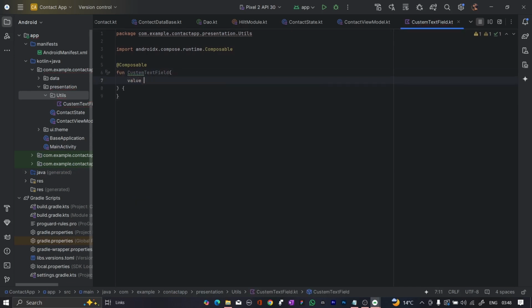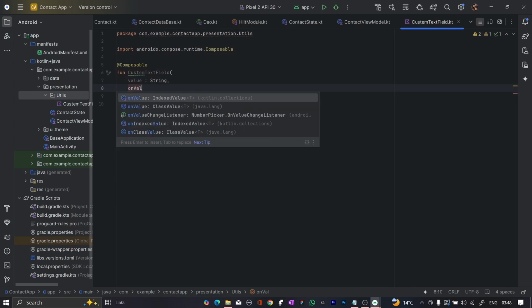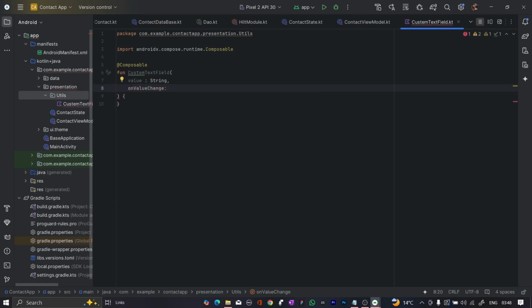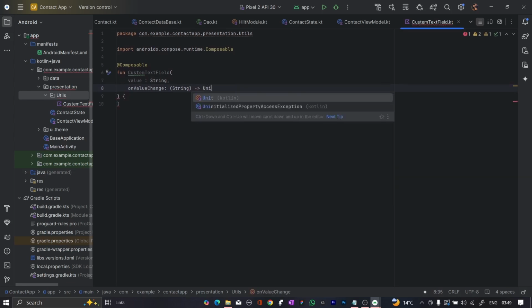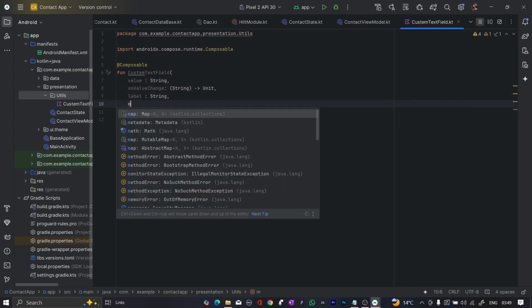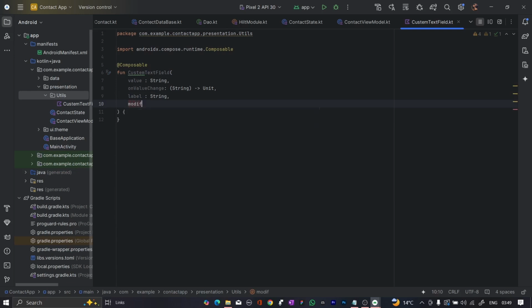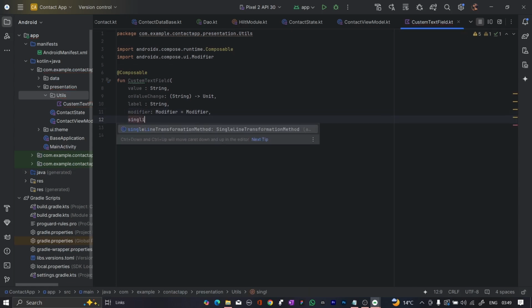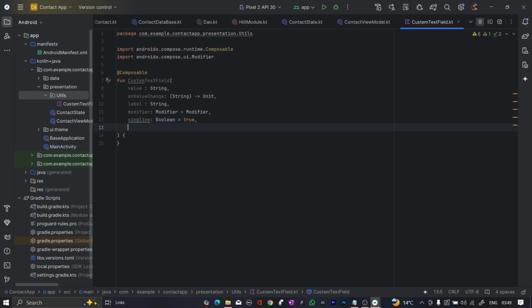तो पैरामीटर inside it the function we are going to take value string, comma on value change हमने लिया, and then string हमने इसके अंदर डिफाइन किया, हमने इसको टाइप में चेंज करा, and then यूनिट, and then लेबल हम करने वाले हैं इसको string टाइप, and then मॉडिफायर हम देने वाले हैं, modifier is equals to modifier, and then हम सिंगल लाइन लेने वाले हैं, single line is equals to boolean is equals true,